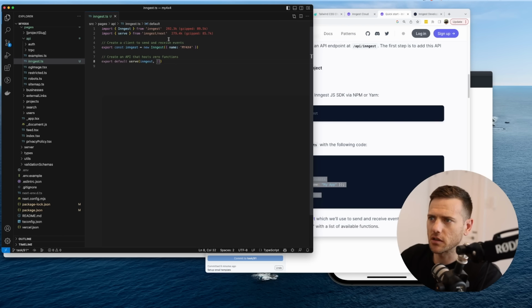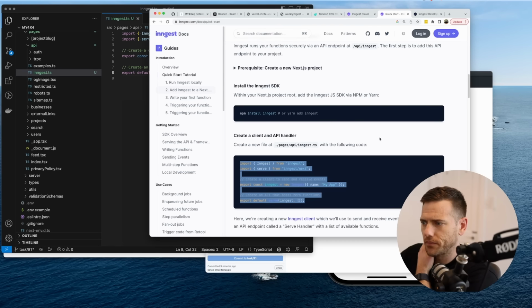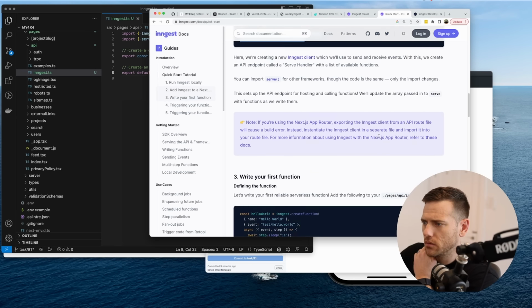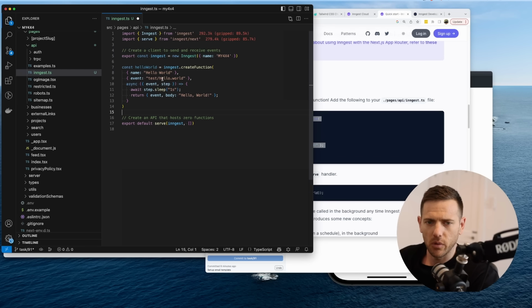So from the documentation, I'm gonna bump this up as well, so we can see. So yeah, when you get functions, we put them in here. Okay, so that's cool. So now we're going to write our first function. We'll add it in here. This is just a sample, so I'm definitely going to refactor this out, but for now we're going to just